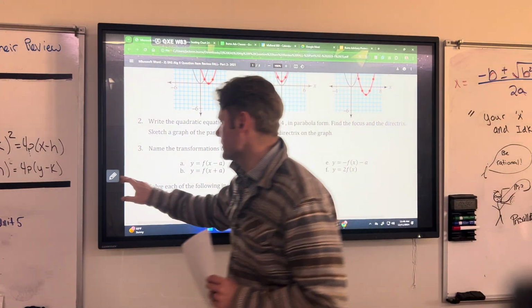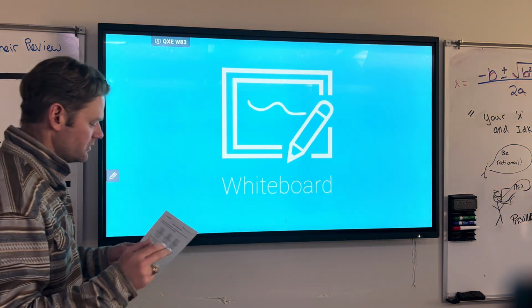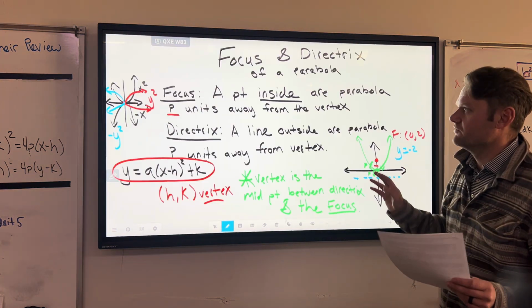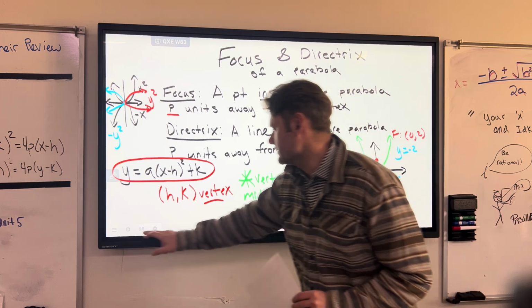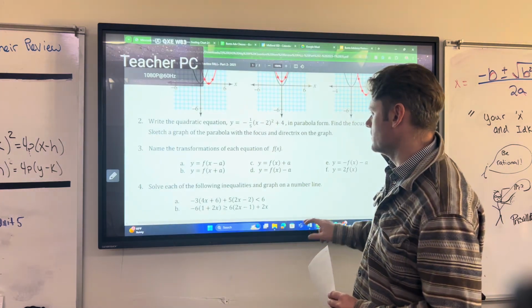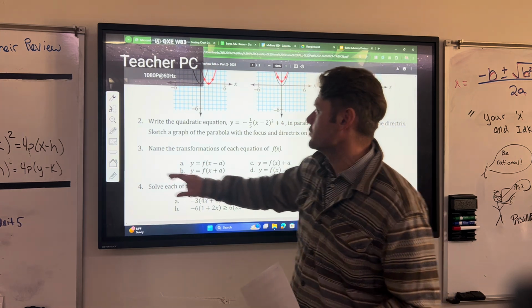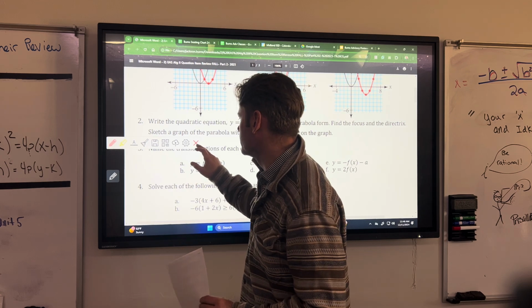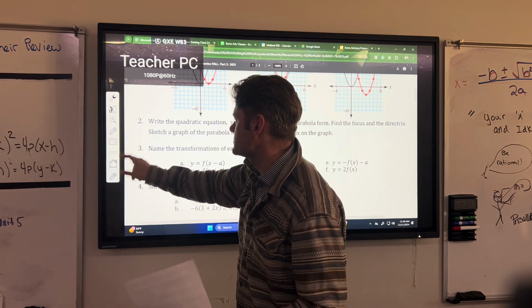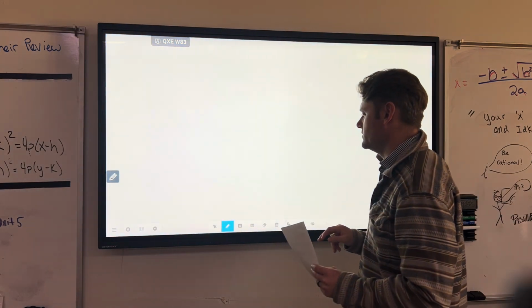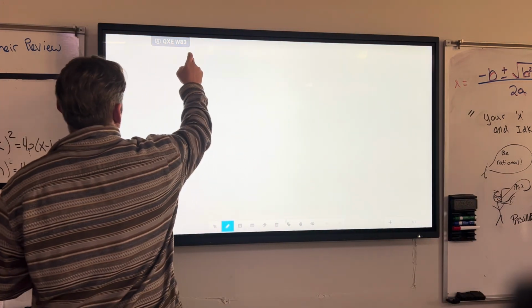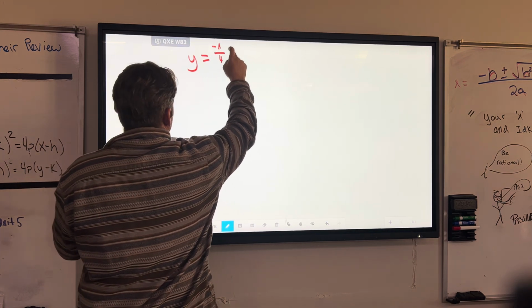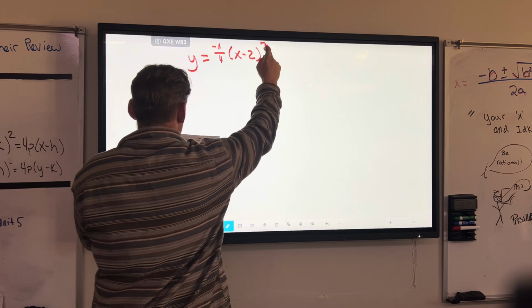So what I'm going to do, I'm going to go to my whiteboard here, and we're going to do this problem. Now, the numbers don't work out great for our negative 1/5. So I'm actually going to change this number here, and we're going to work with 1/4. It's going to make our numbers work a little easier. It'll be the same. I just don't want to have to deal with all the decimals. I'll still show you how to do this one. So our equation is y equals, remember I changed this, negative 1/4 x minus 2 squared